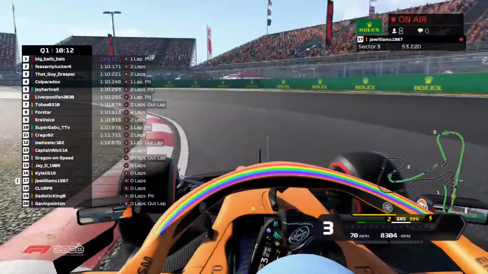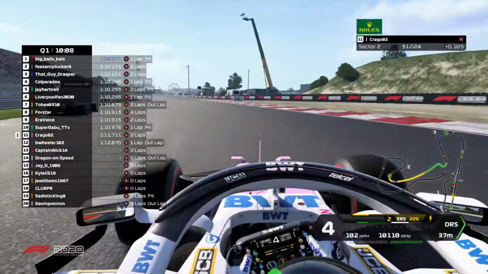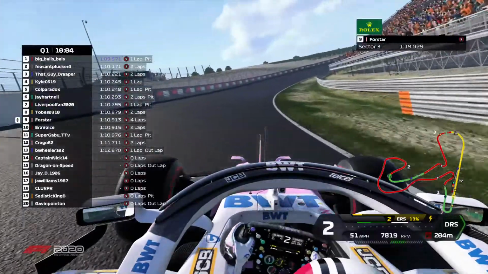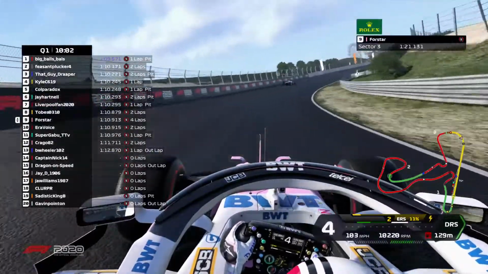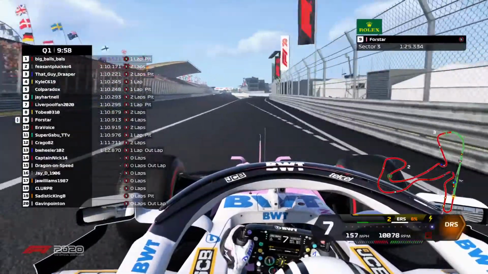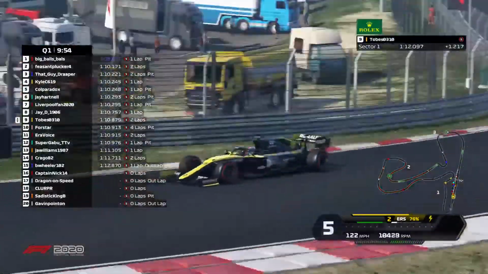Oh, that is one of the McLarens. Is it? Which car's? No, Racing Point. 4-star managed to crash on that final banked corner. It is very easy to do, especially opening first couple of laps of the race, as